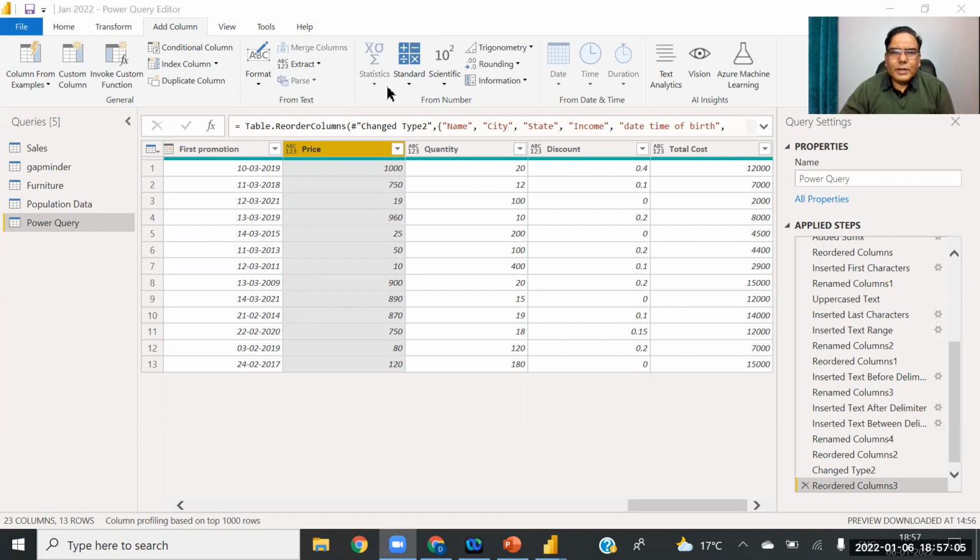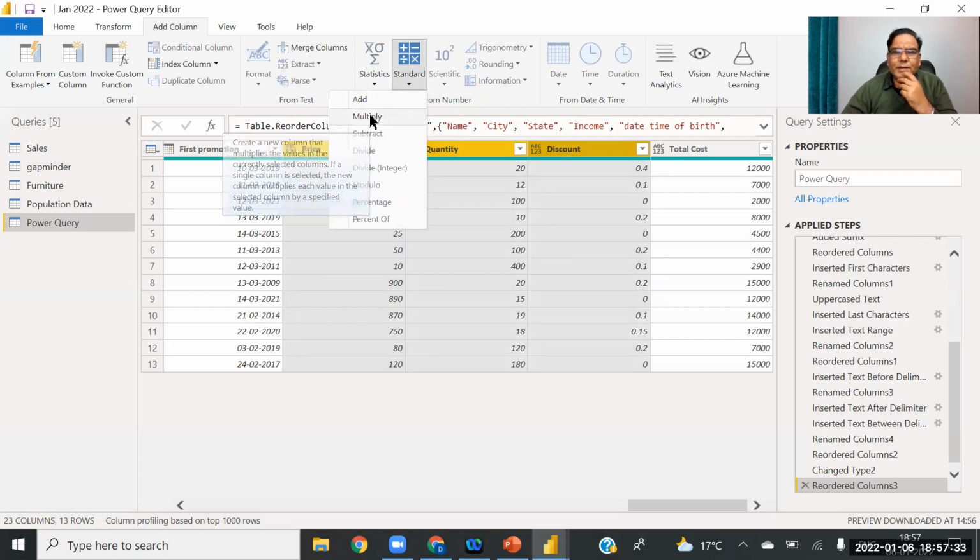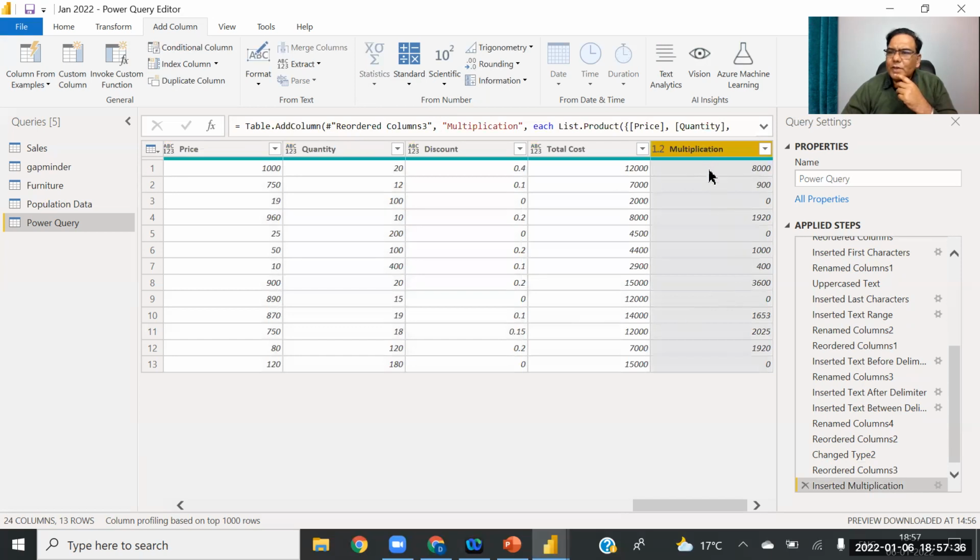First of all, you have to select the columns which you need to calculate the third variable. I want to calculate sales revenue first. The formula of sales revenue is price multiplied by the quantity minus this discount. So how to do that? Let's see. Go to Standard and apply Multiply. Now we get the values, but the sales revenue is 0. It is not possible.